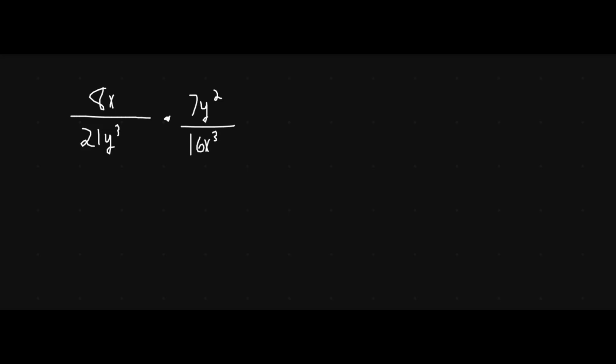Right? It's very simple. That's all we need to do. So now first let's multiply. So this top part would be 56x y squared over. Now we can just multiply these two. It would just be